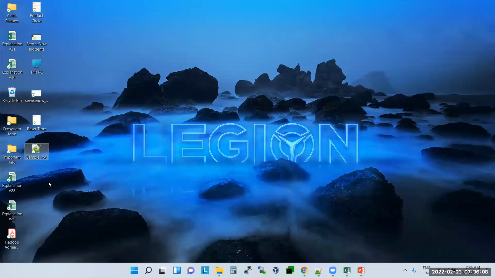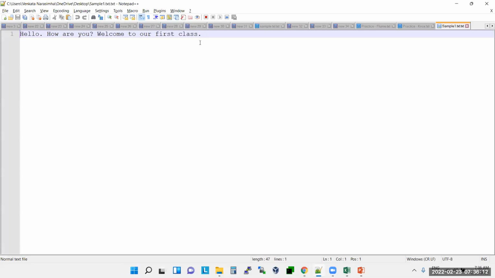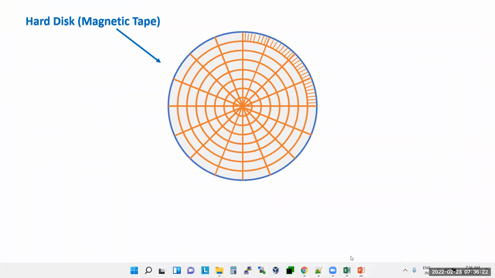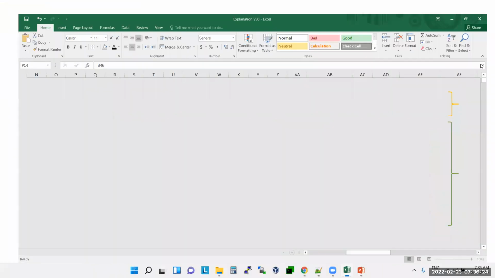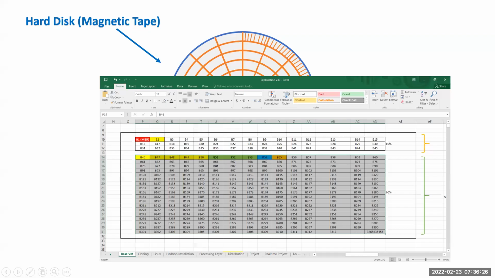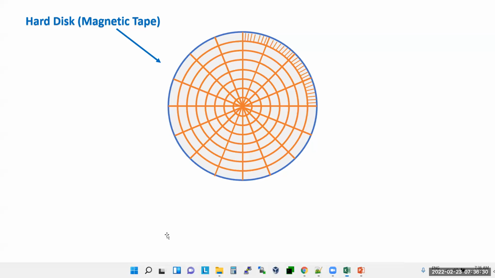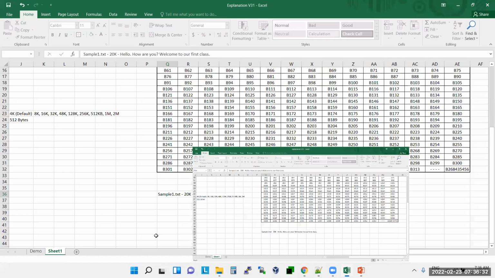Now this is the file sample1.txt. If I open it, I'll have the content: hello, how are you? Welcome to our first class. Now if I store this file into this hard disk, how will it be stored here?